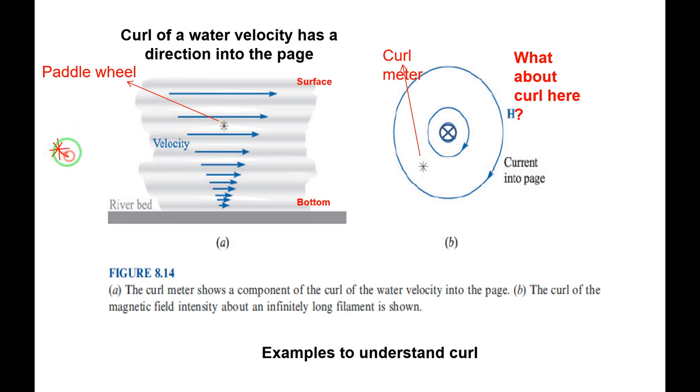If you look from the top, I will draw only one blade. The blades will be like this. But if I look from the front view, they appear like lines, just like your turbines. The paddle wheel will be placed here, and I want to find the curl at this point, the curl of the velocity of the water at this point. So we are placing the paddle wheel. Observe here, some lines have been drawn. Some lines are much longer towards the surface.